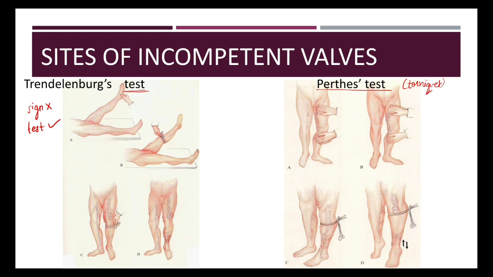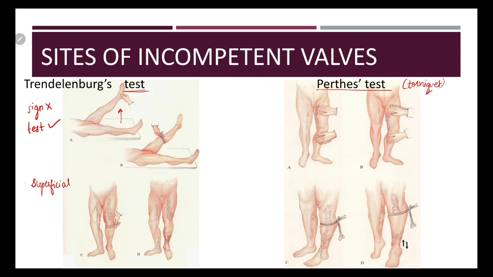So the patient is asked to lie down and the veins are emptied by raising the lower limb and stroking the varicose veins proximally. Now the pressure is applied with a thumb at the saphenofemoral junction and the patient is asked to stand up quickly. Now to test the superficial veins, the pressure is released. If the varicose veins are filled quickly from above, it indicates incompetency of the superficial veins and the test is positive. If veins are not filled, the test is negative.